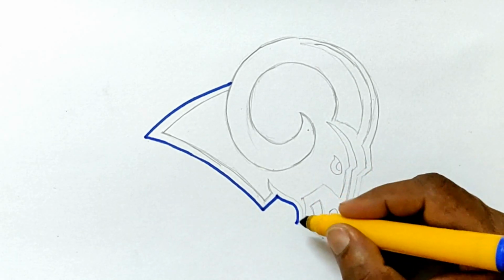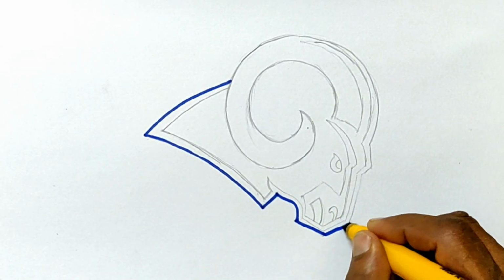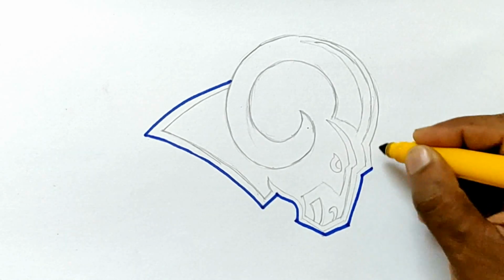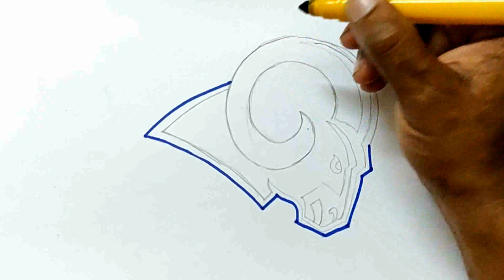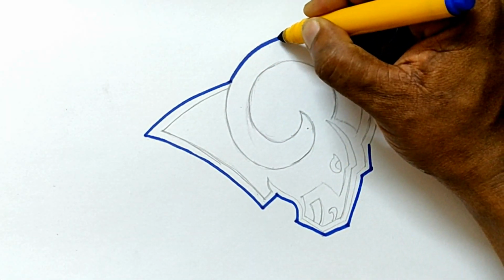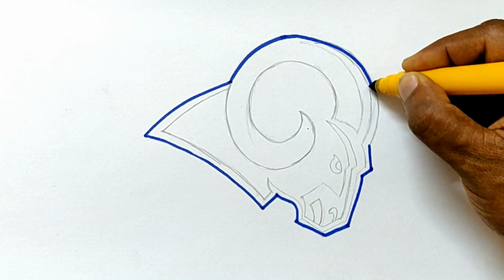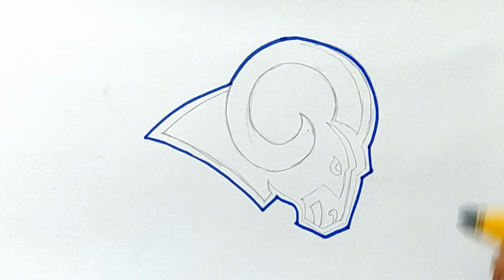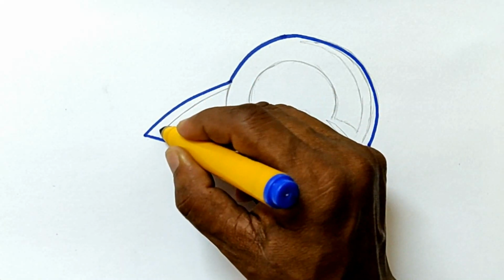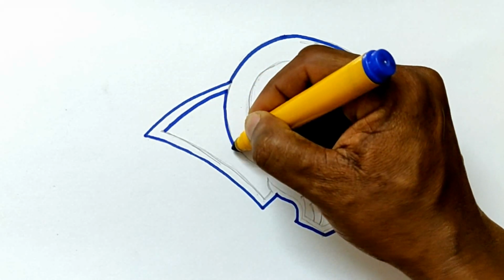practice drawing free lines using your hand. It's a good exercise and a good practice too. Not a perfect curve, but still that's enough. And then this,